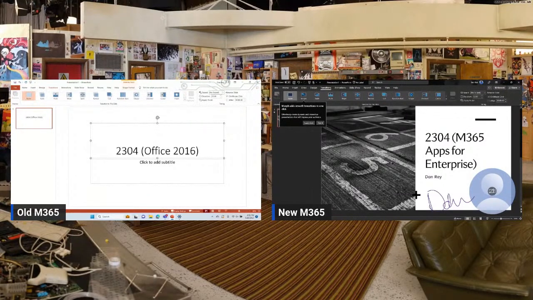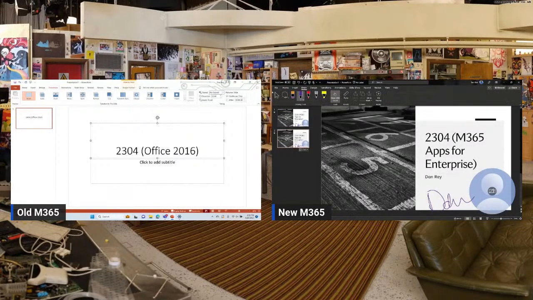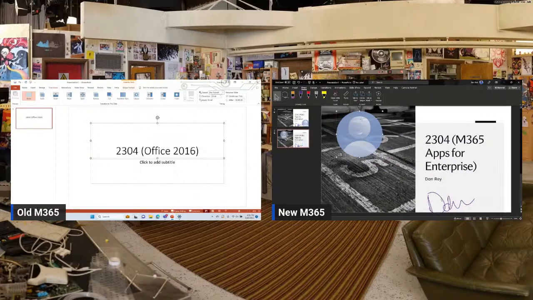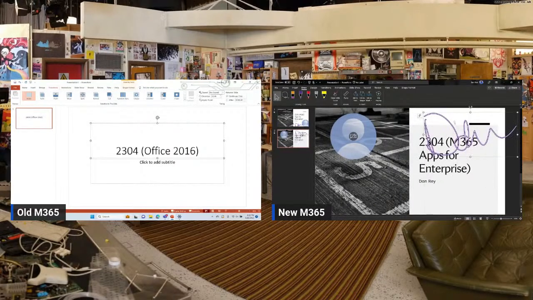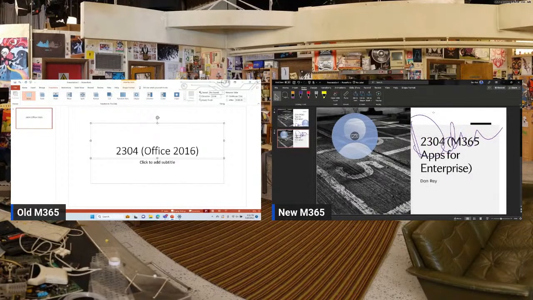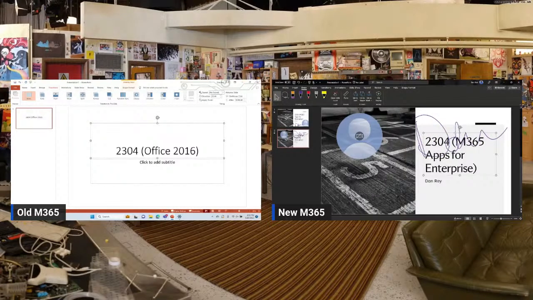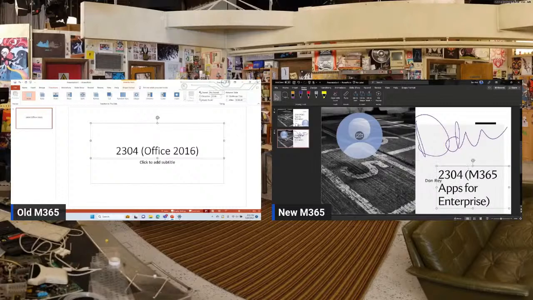Transitions on the new version include Morph. What Morph allows me to do is take a set of graphics or words on a slide and make sure that information glides across in an animated fashion to its new destination. So if I take my text and my ink and I move it around slightly or significantly in size and location,